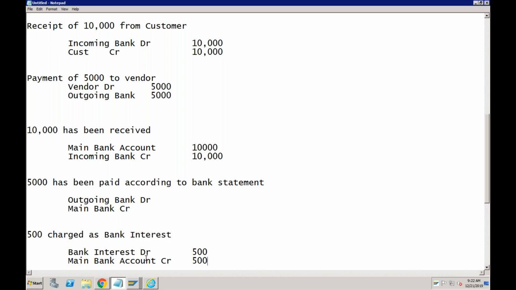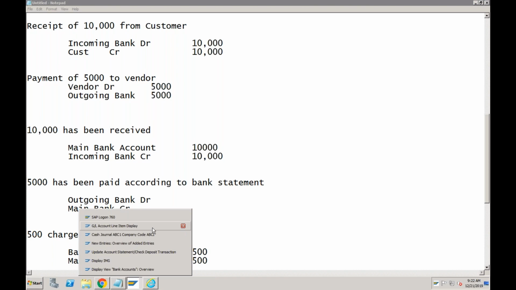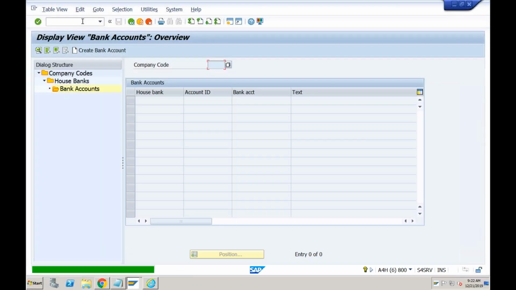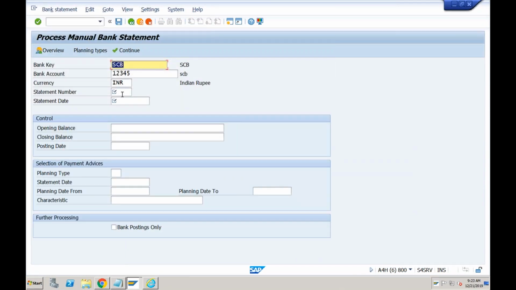Okay, Vikram. One more doubt: when we are receiving a check, there will be a check number, right? How will the check number be tracked in the system? The check number will be tracked if you are receiving the check or any other information. It can be a check number, it can be an NEFT number. So when you upload this bank statement, if I take you to FF67, whenever you are uploading this bank statement, let's say I'm uploading statement number 2 now.